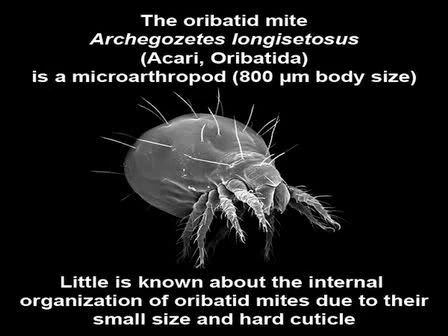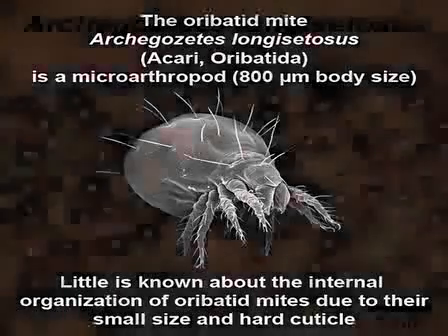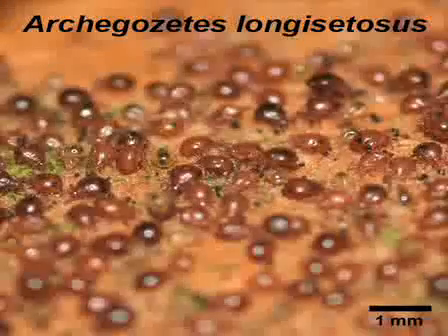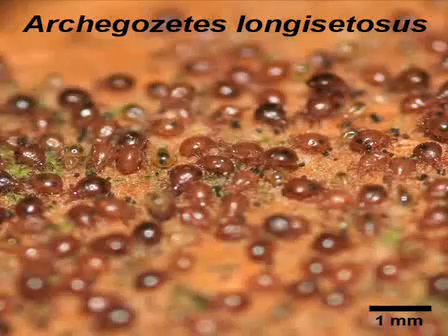The model system that we're working with is the oribatid mite Archegozetes longisetosus, a micro-chelicerate arthropod of 800 microns to 1 millimeter in body size. This is a picture taken from our lab culture where you can see the animals feeding